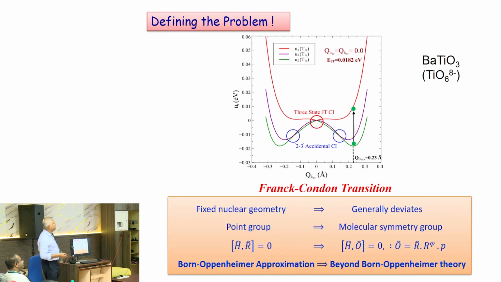Now if you start a problem, you must start somewhere so that everybody is catching up with your lecture. So if you consider barium titanate, this is not the actual formula, you have a TiO6 8 minus unit, and those units are surrounded by each other, like that. Now, there are 15 normal modes if you consider one unit, and if you keep all other normal modes at the equilibrium geometry and except